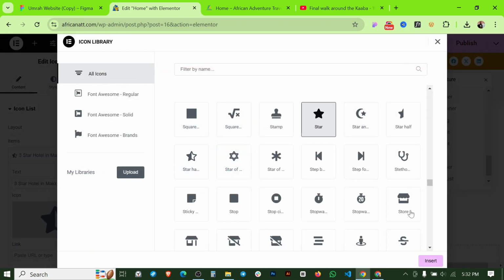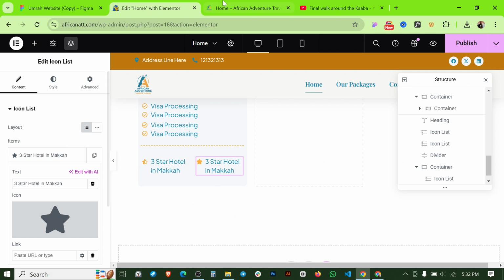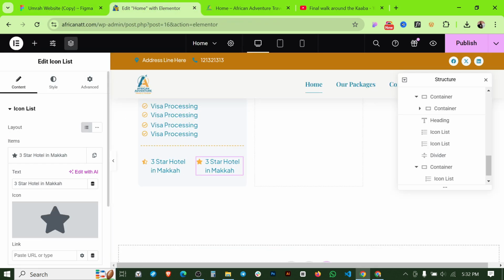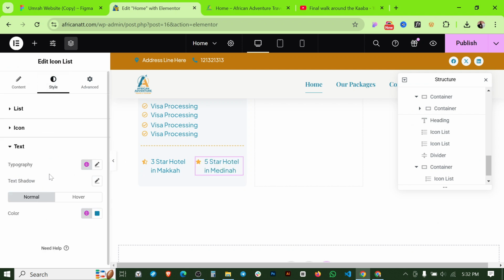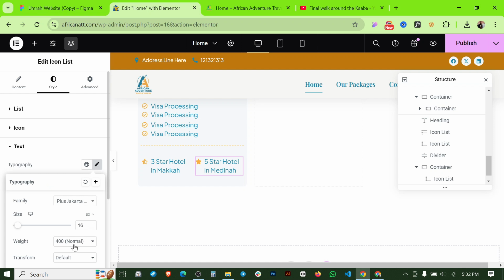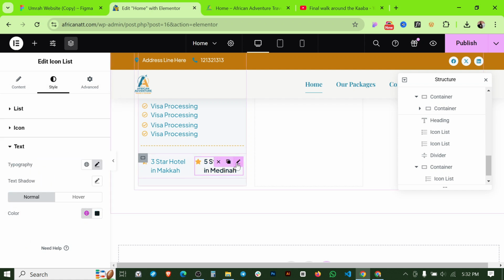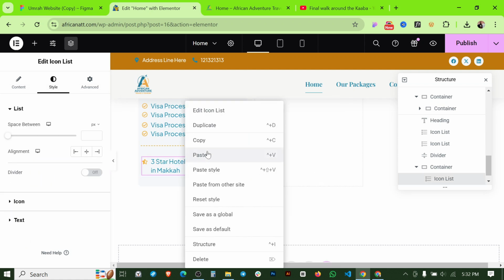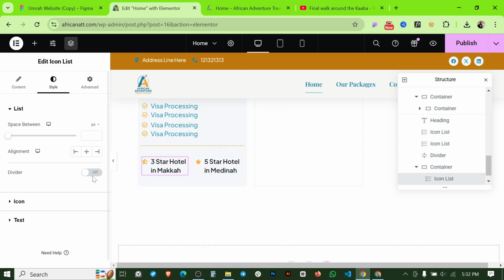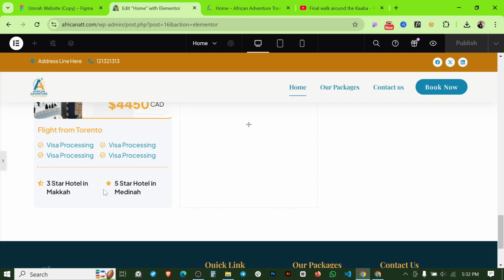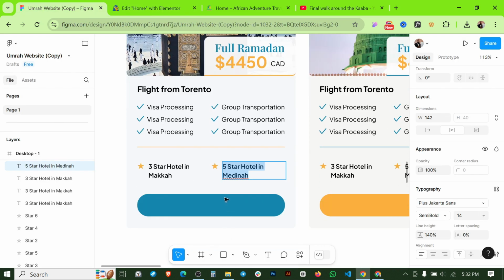this star to the full star, and let's change this text and here, and if I click here, the text we can make it little semi bold, and let's change this color to the blackish one, and copy this style, and let's paste this style here. Okay, so we're done with our next section also, and we have to put a button here,